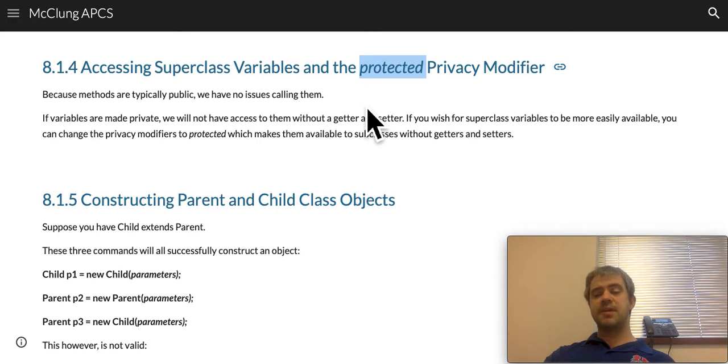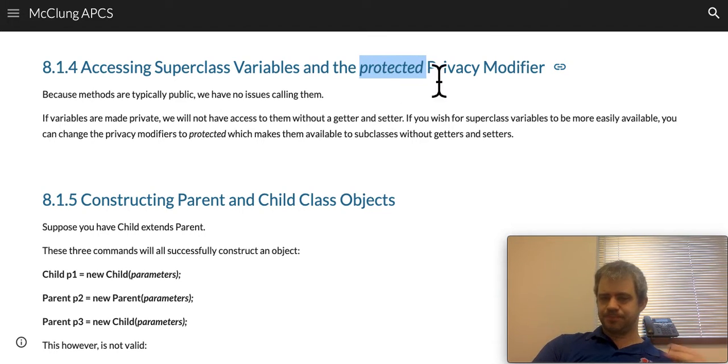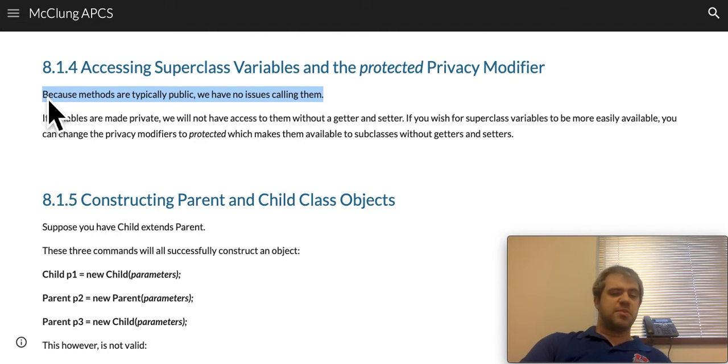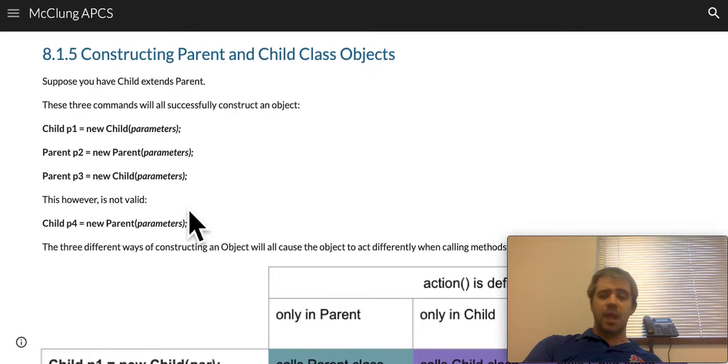One is you can make it public. Generally, we don't like to do that, but if you make it protected, then any subclasses are going to be able to access those variables without getters and setters. Methods usually aren't a problem because they're usually public. All right, this bit is a little confusing,